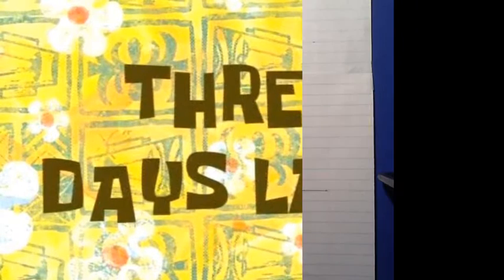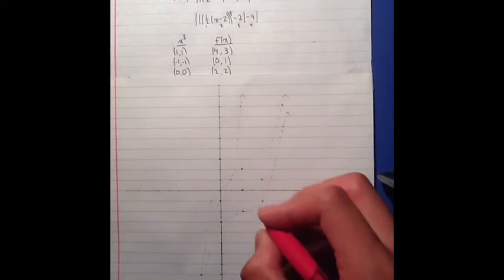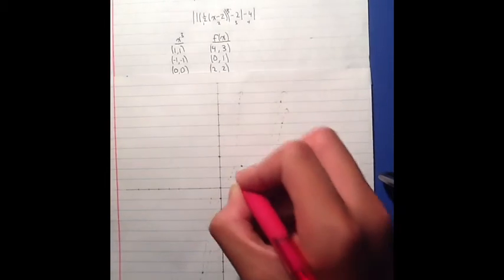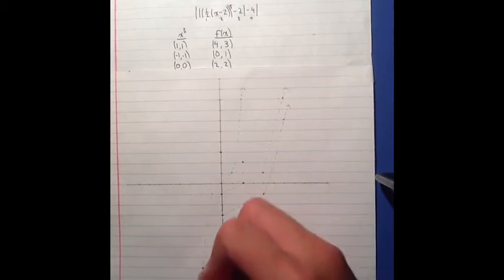3 days later. And now because of the absolute values, we make all the y values positive. So this point to here, this point here, this point to there, this point to here,